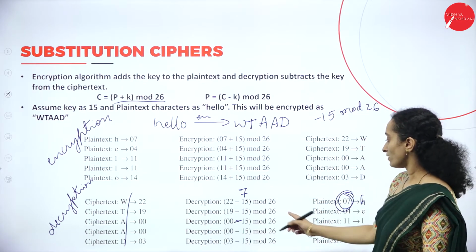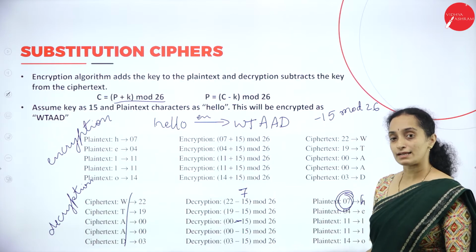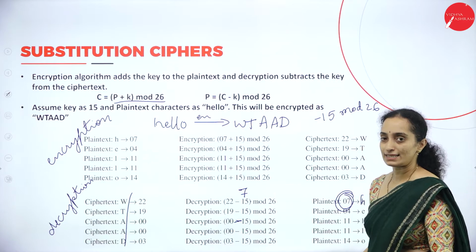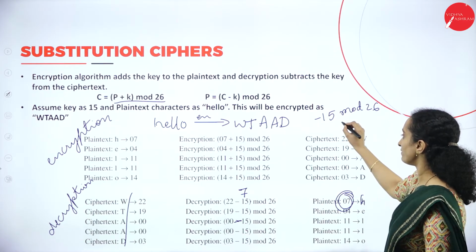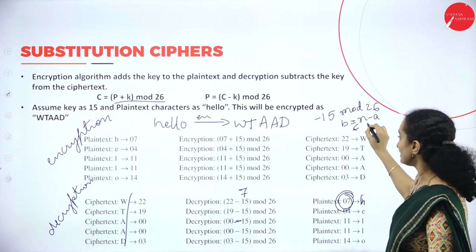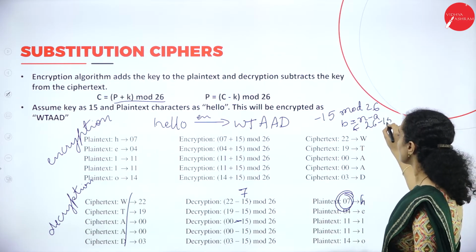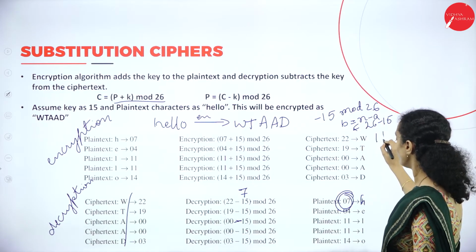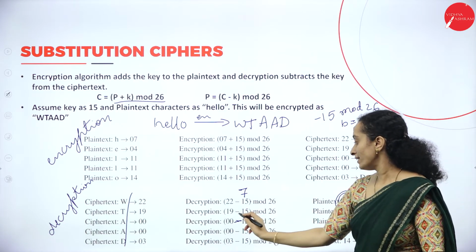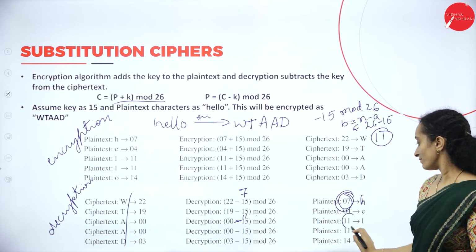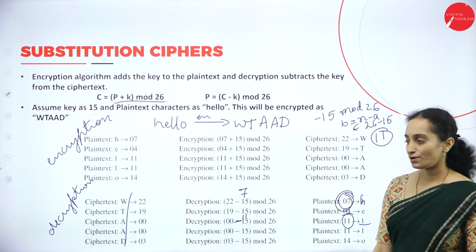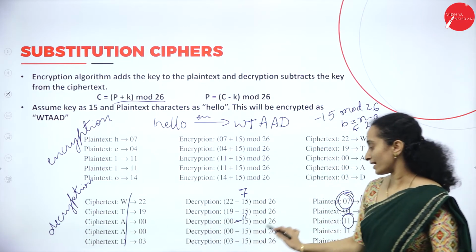Okay. So mod 26, how do you handle a negative value? You have to find the additive inverse in such a case. How do you generate the additive inverse? B equals n minus A. Here n is 26, minus 15 will give you 11. Is it not? So it is 11. 11 mod 26 will give you the alphabet L. Got it? This is the second one.